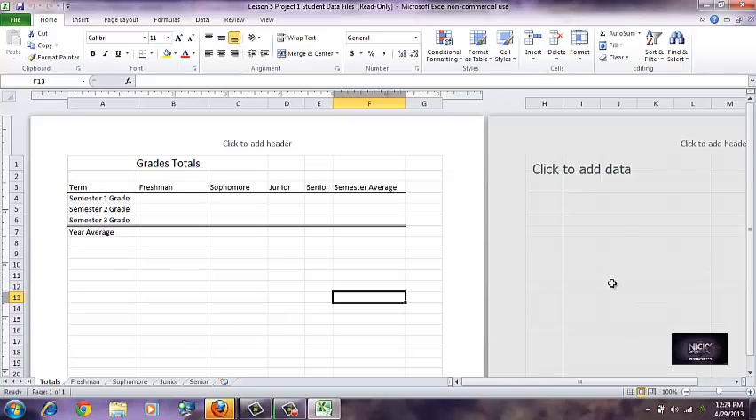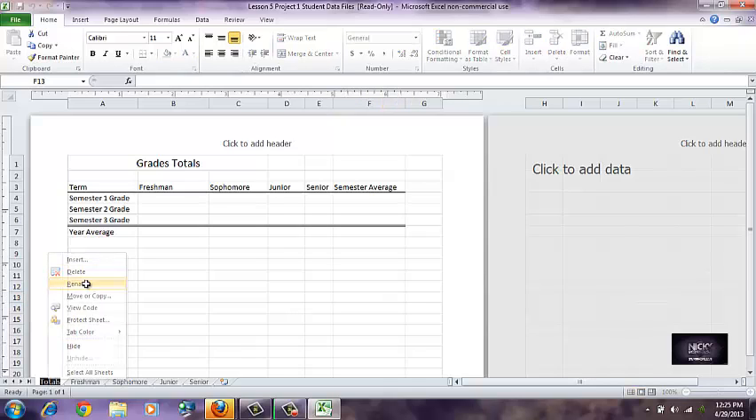Step number 1 is to change the name of the totals worksheet to overall average. So we're going to go over to the totals sheet, right-click and rename to overall average. And that's step 1. Step number 2 is to calculate the class averages in cells B7 through J7 on the